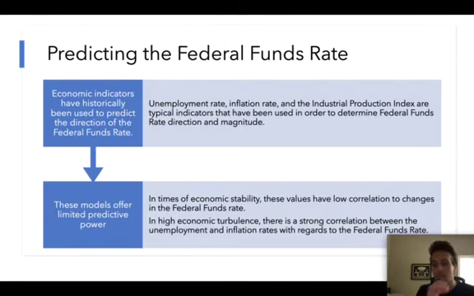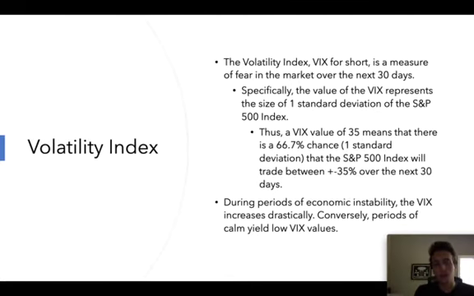The reason for this is likely the fact that inflation rate and unemployment tend to stay pretty stagnant and thus aren't correlated to changes during times of economic peace. However, during times of high economic turbulence, there's a strong correlation between the unemployment and inflation rates with regards to the federal funds rate. The Volatility Index is going to be the proxy that I use in order to ensure